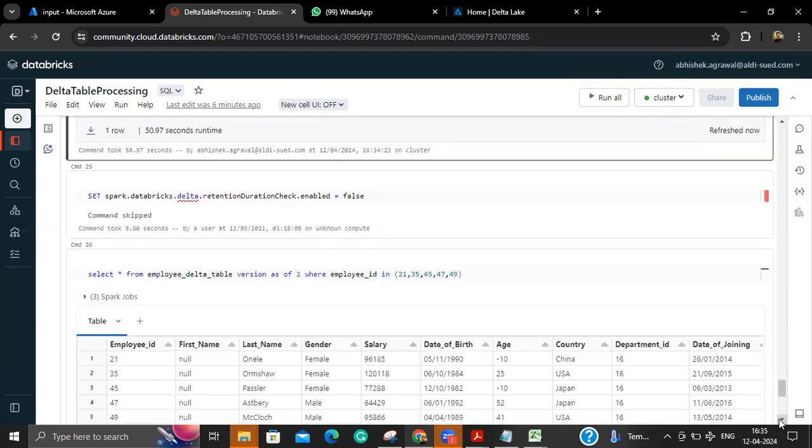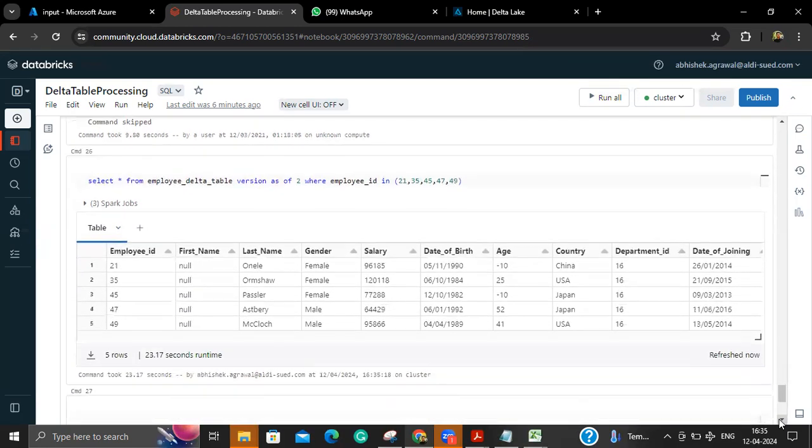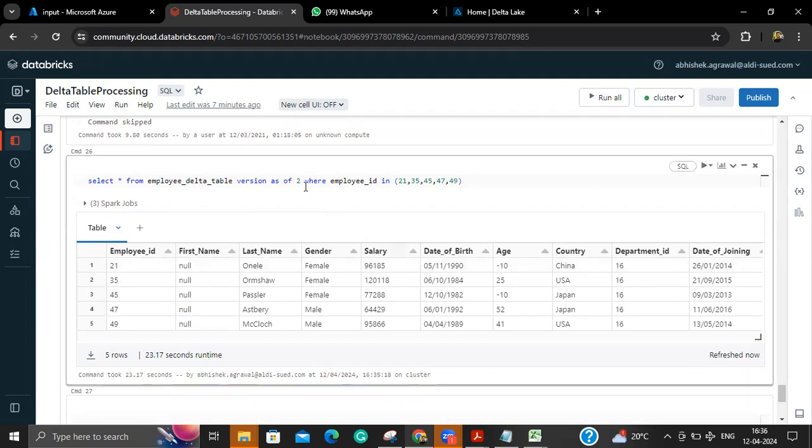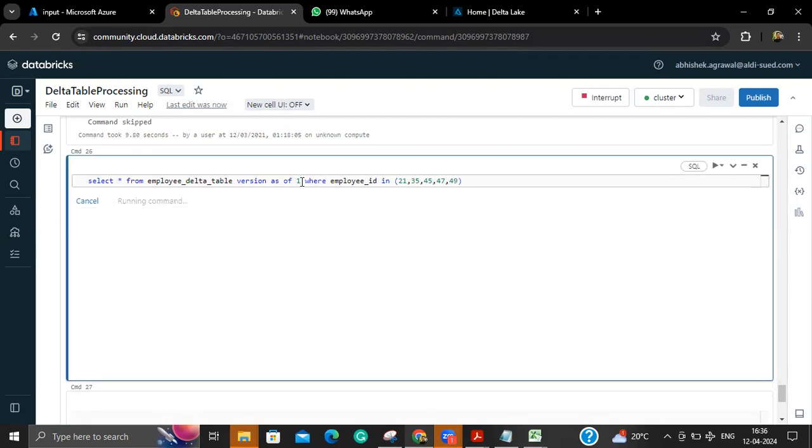So accordingly, you can give 24 into 3, right? So you can give 72 hours, and then that will give the 3 days of versions. So you can play around with how many days of versions you want to keep. Okay, and the moment you execute, from that moment it calculates those hours. Yeah, okay. So now if I do the version 1, you won't be able to see